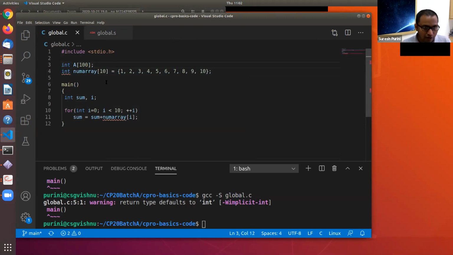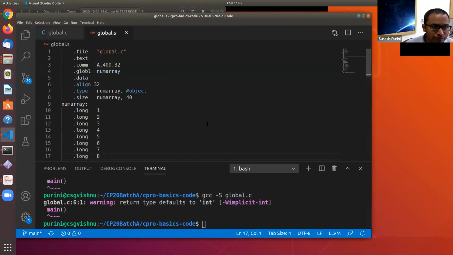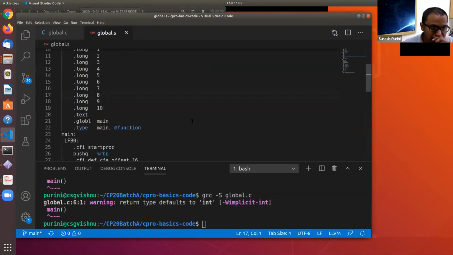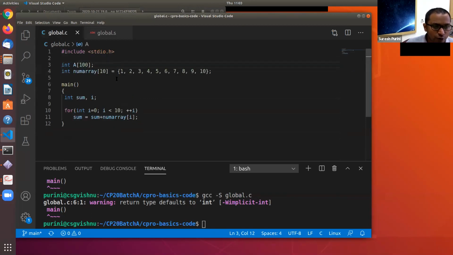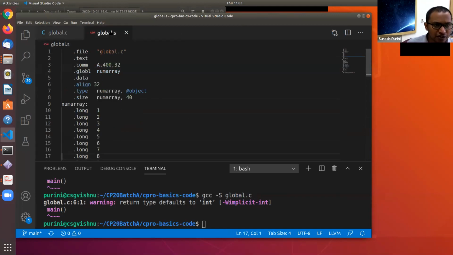We are not using it, but let's see what happens. So A is a global variable. In C, all global variables, if they are not explicitly initialized, will be initialized to zeros.